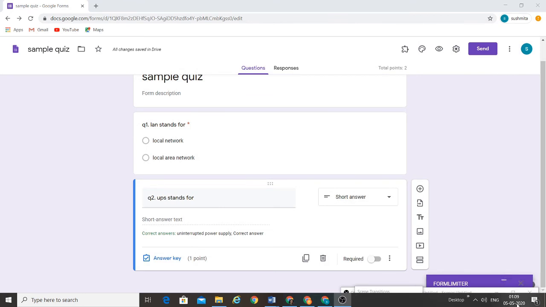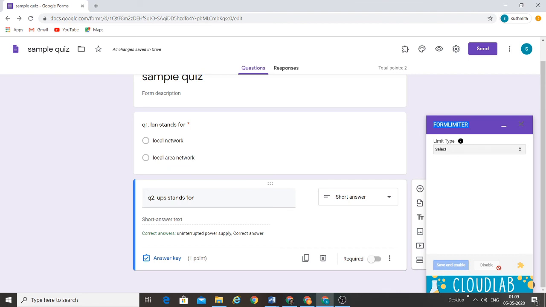Once you have installed the Form Limiter, it appears like this at the corner of your form. This is the place where we put the limit on the time or the date or number of form responses or a particular value in a spreadsheet. All these you can set from here.